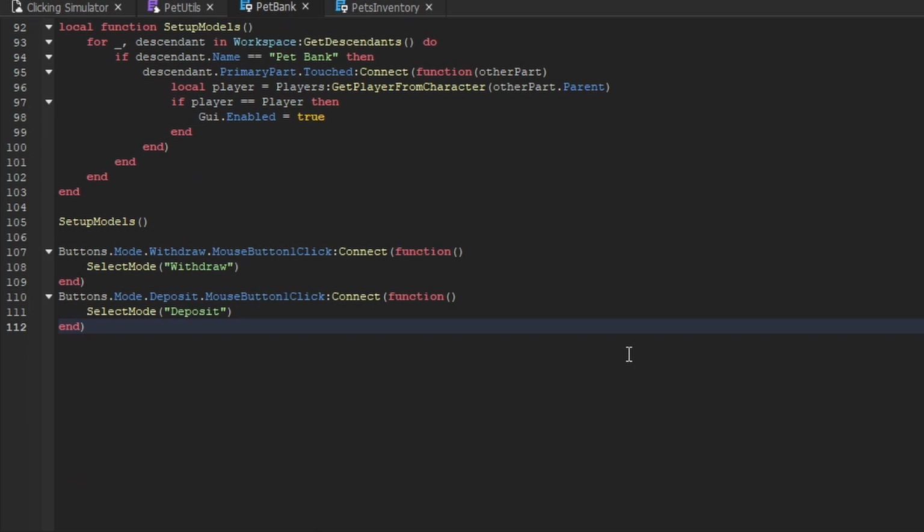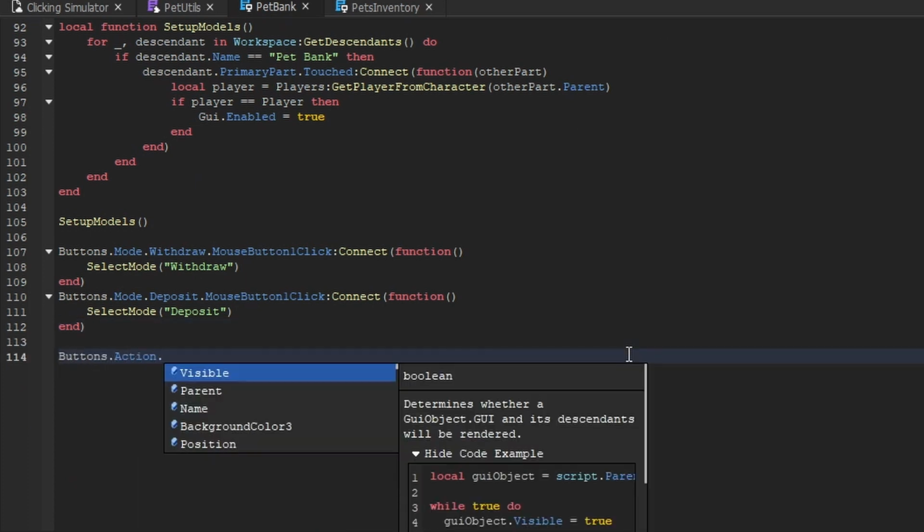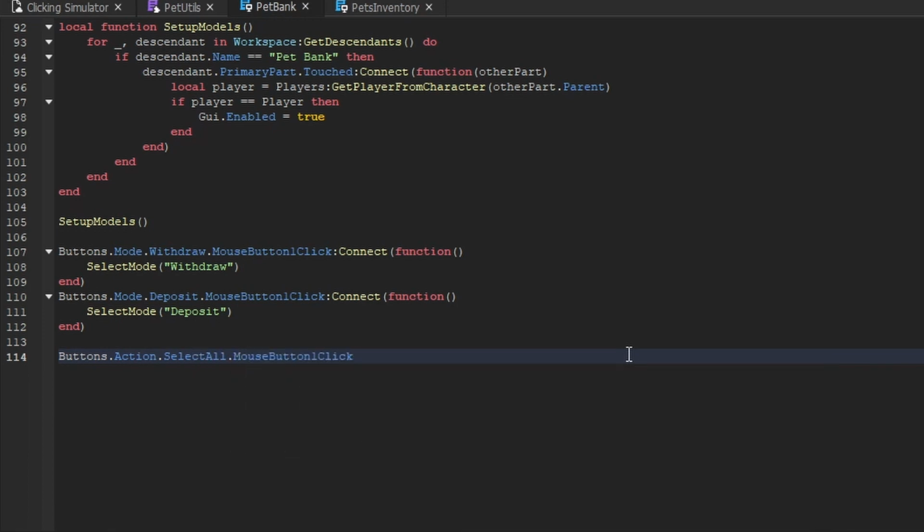Let's then go ahead and set up the functionality of selecting all pets. So we're going to say buttons.action.select all.mouse button one click, connect, and an anonymous function inside of here. Whenever we select all pets, what we actually want to do first is reset all the pets that we currently have selected. And how we can do this is really simple. All we're going to do is say selected pets, and we're going to set that variable to just a blank